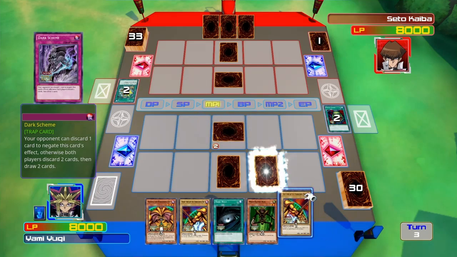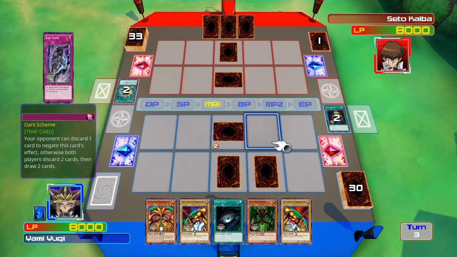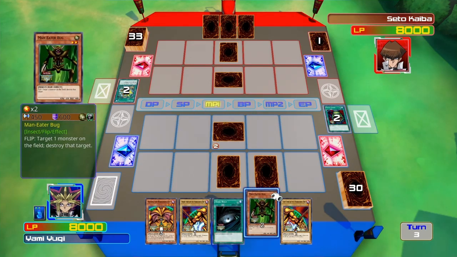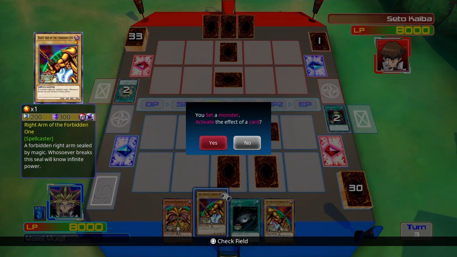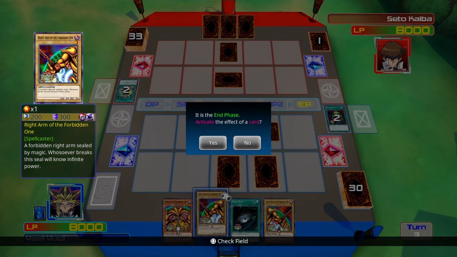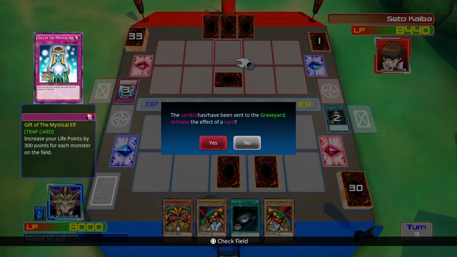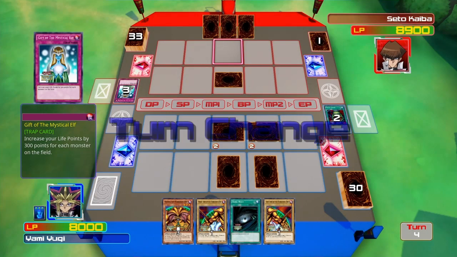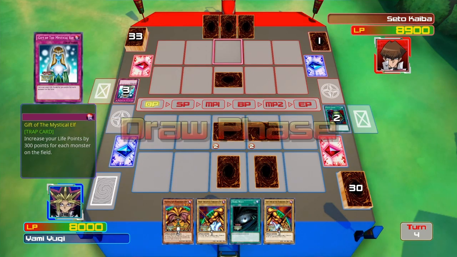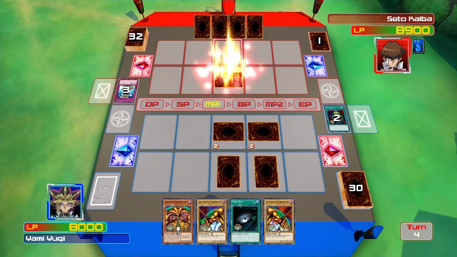Here we go. I'll show you what I mean with Dark Scheme, by the way. I have 2 Man-Eater Bugs now that we can use. Gift of the Mystical Elf. So yeah, he's trying to give himself more LP. It's not going to matter when we get all pieces of Exodia anyway. You could have the highest LP amount at the end, but...